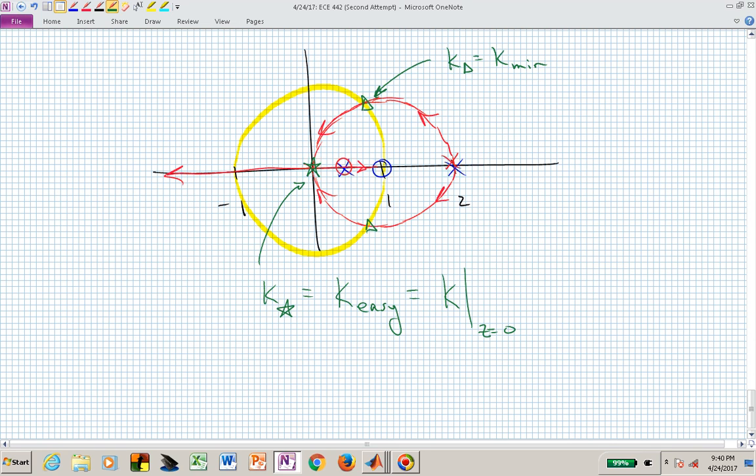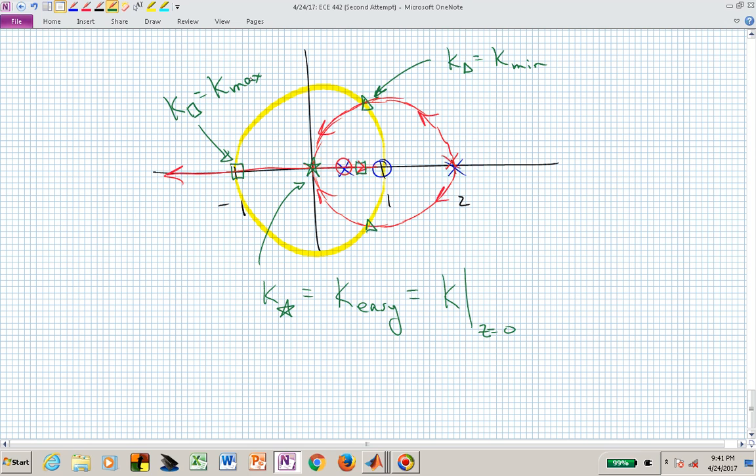And then we could crank up the gain some more and get us all the way out to the z equal minus 1 point, and by that point maybe we are getting close to the finite 0 at 1. But now this would be our maximum value